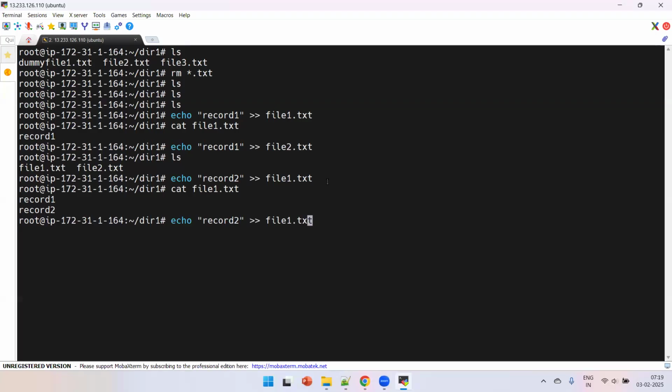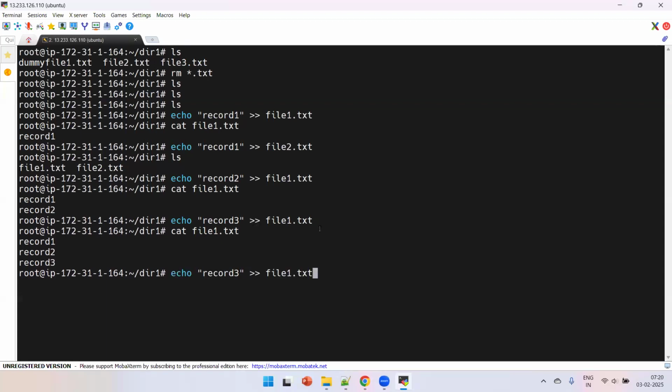Similarly, I can add one more record. Correct. So using this echo command itself, we can add more records to the existing file. That is because of this particular output symbol. So instead of this, if I use only one character, that is one greater than symbol,